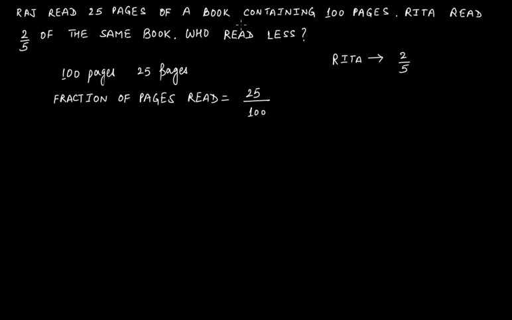Who read less? Now it means clearly who read less, who read more. Did they read equal number of pages? In all such cases, what you have to do is you actually have to compare the fraction, because only that will tell you who read more number of pages. So in this case, it's already in 2 by 5, and you can see that it's in the simplest form, right? We can compare it even simply by